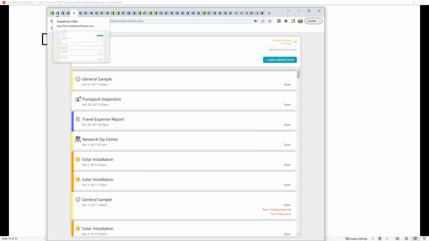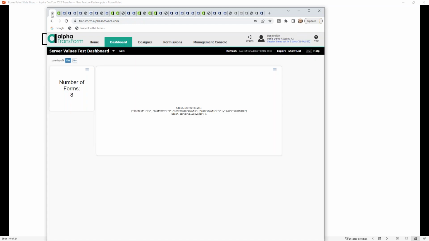So let's see. Why don't I show this? I'll show this here. And here I have a dashboard in TransForm Filler, and I hope TransForm dashboard, the dashboard, and TransForm up on production. And there's a user input, and it tells you the number of forms and stuff like that. If we look at this,